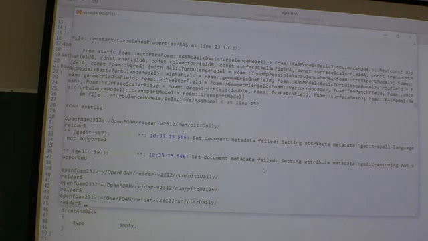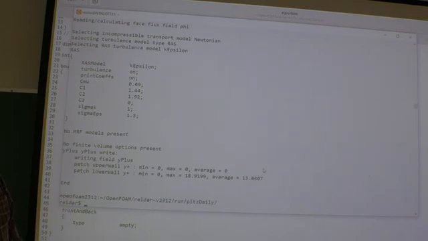I want to find the y plus. Now on my computer I had to write the following: simpleFoam -postProcess, and then it was -func, if I recall correctly, and then yPlus with a big P, like that. Let's see if it works. So it did. And then you get a lot of information here.